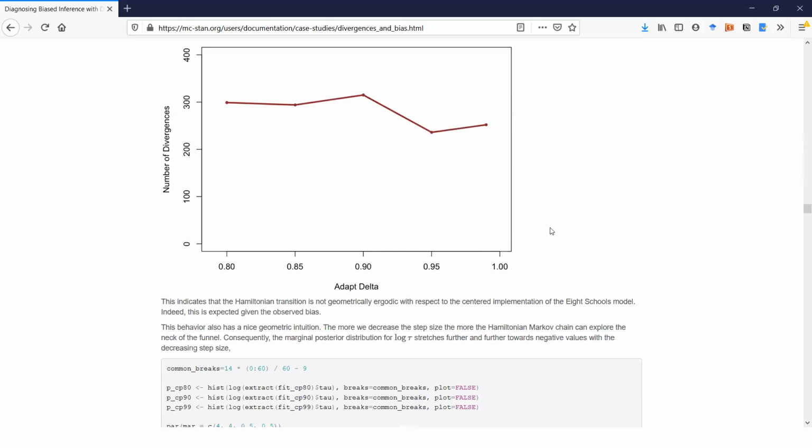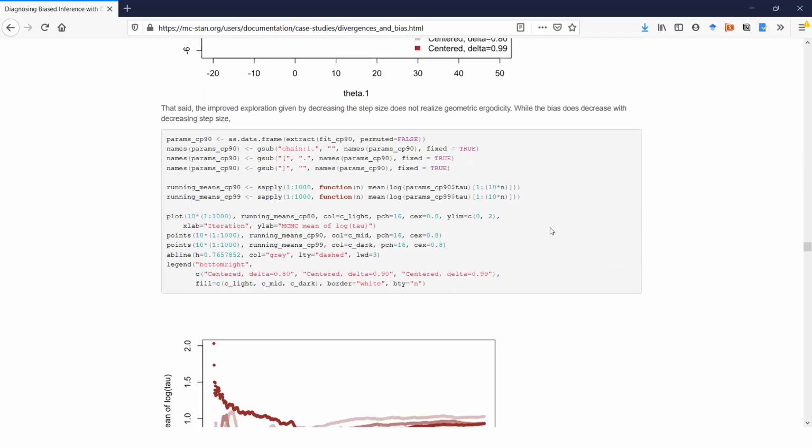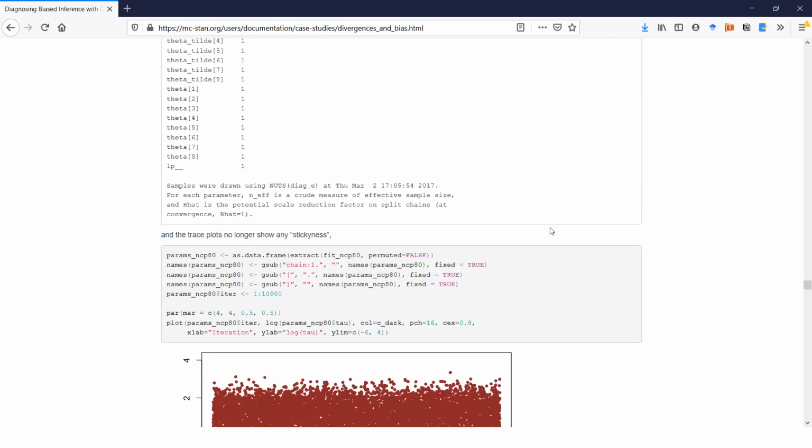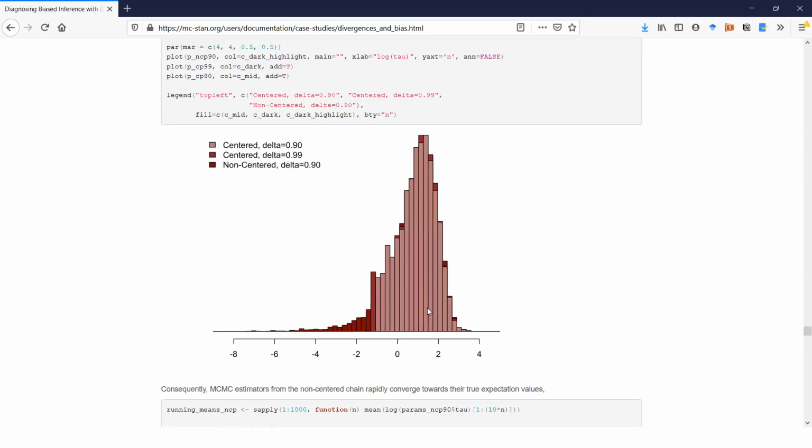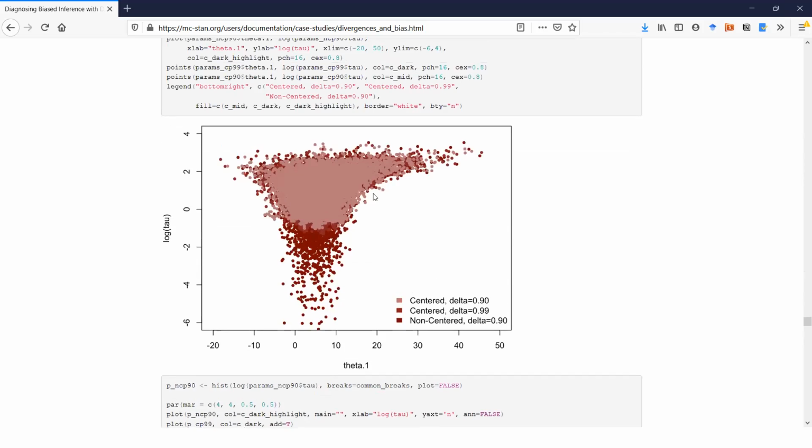And then the takeaway of this tutorial really is, oh, we have to use non-centered parameterization for this model, because this is what the density looks like with the non-centered parameterization, compared to what we were obtaining before. You can see that this essentially looks very much like the funnel, that Neal's funnel that we were looking at before.